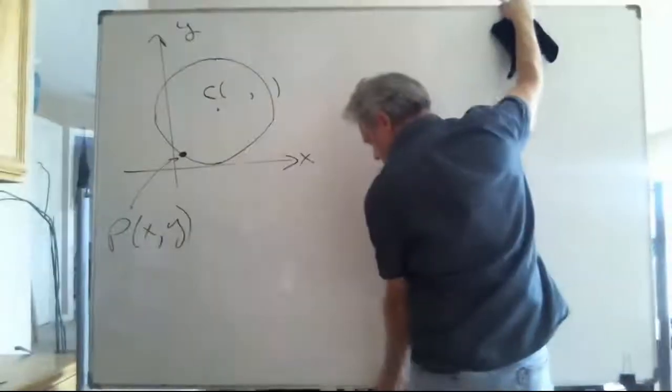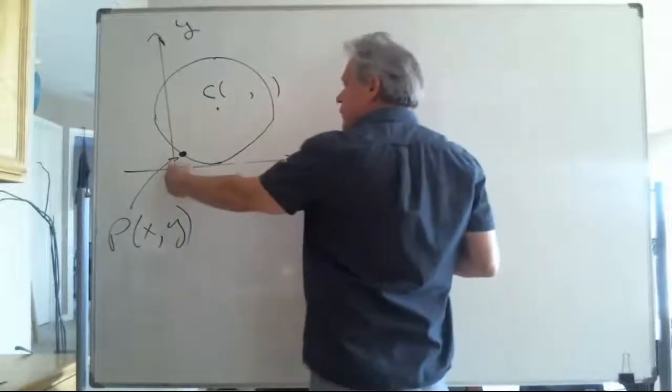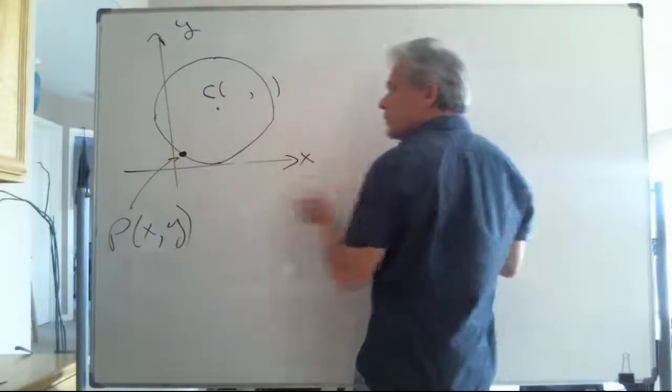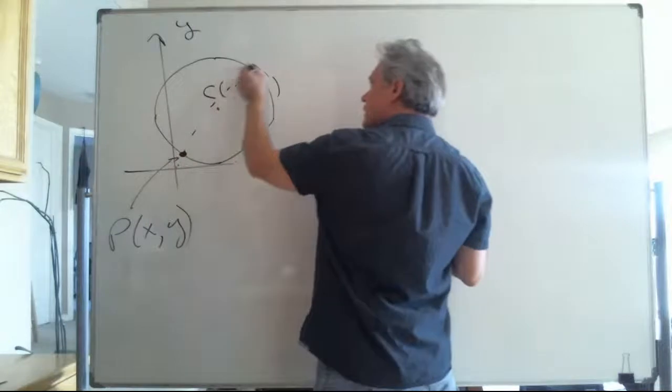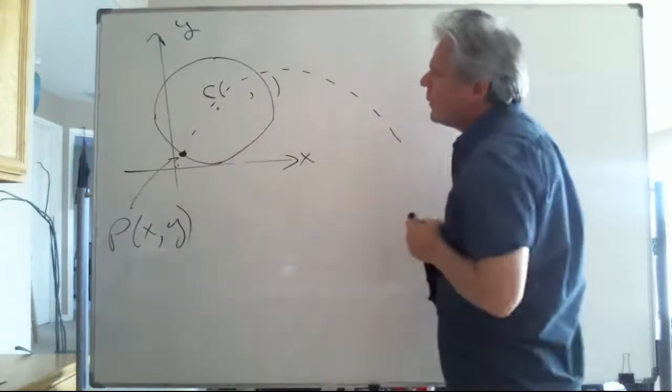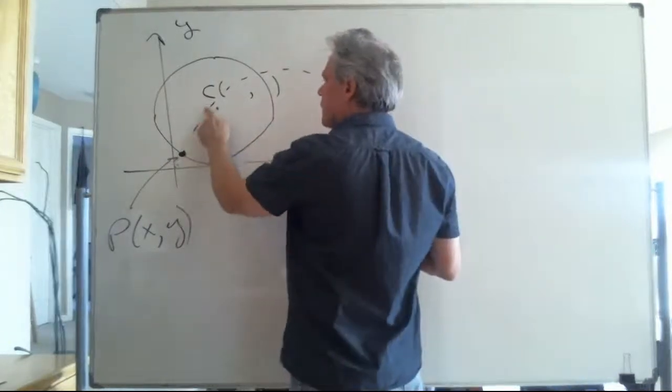So allow me to roll that wheel, roll that circle down the x-axis just a little bit. The cycloid looks like this, and I'm going to consider an arbitrary point on the cycloid that does this. Now, with this particular point of interest,